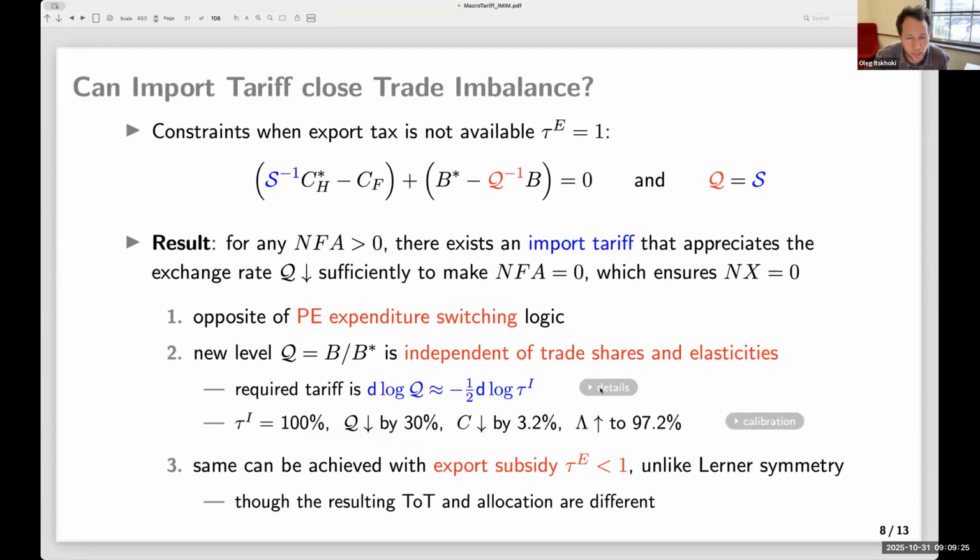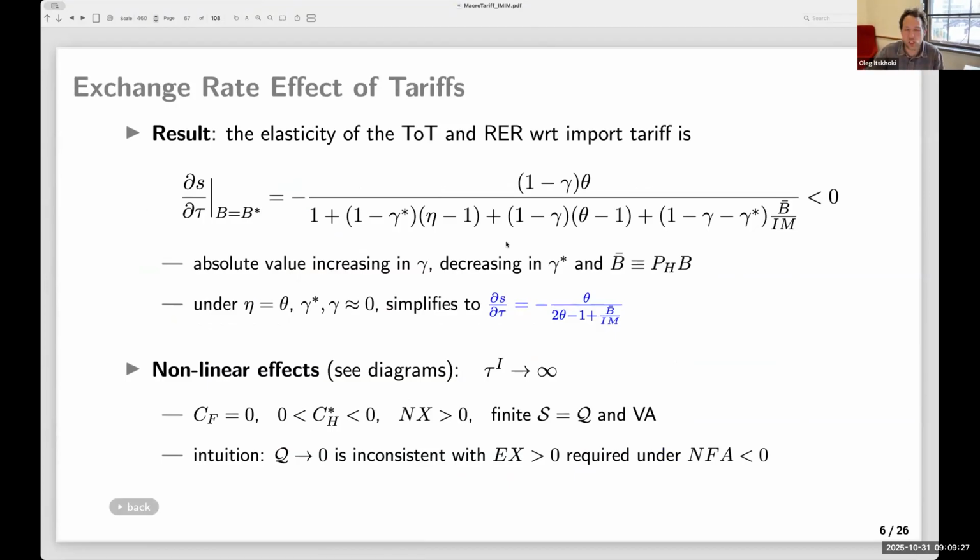So it turns out that there is this very general formula for the response of the real exchange rate in terms of trade to the import tariff. Under fairly general circumstances, you get this formula. Lufu's paper is interesting because eta goes to infinity in the benchmark case. The foreigners have perfectly elastic demand, and that's the only case where you eliminate the appreciation. But this is a very general long-term response of the real value of the dollar to the tariff.